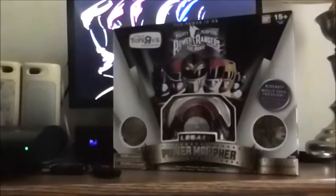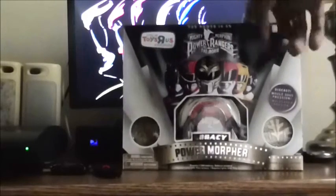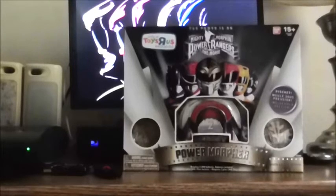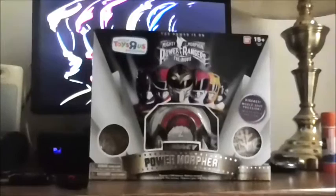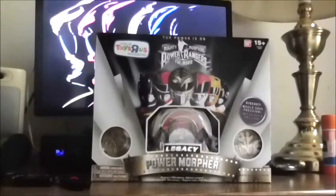So if you saw my recent toy hunt video overnight last night, you knew I got this at my local Toys R Us for about $54.99, and it was really worth the money to pick this up, because I really wanted to get the Legacy movie Morpher so bad. Back in my toy hunt, I was trying to see if they had the Legacy movie edition